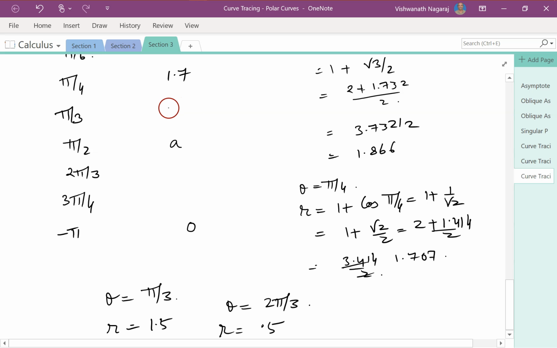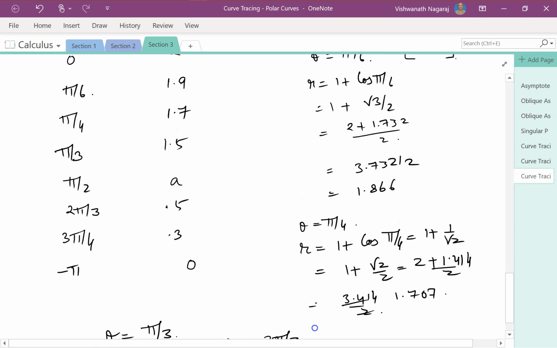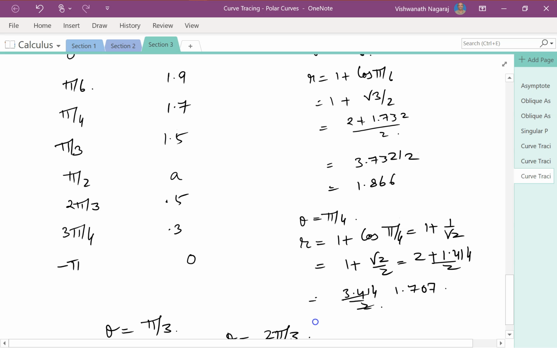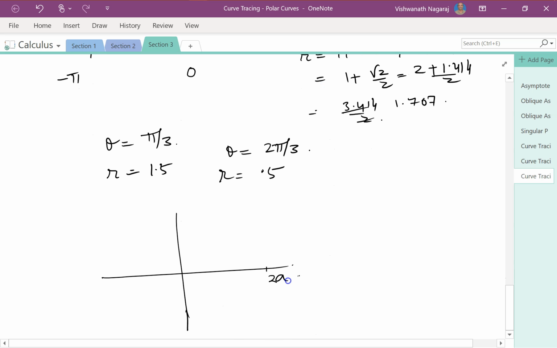So pi by 3 is 1.5, 2 pi by 3 is 0.5, 3 pi by 4 is 0.3. Okay, so we have got some more points and we can plot them. Let's plot them. Let's say this is 1a, this is 2a, and here what we are going to do is mark pi by 6, pi by 4, pi by 3, pi by 2, right? So when it is pi by 6, now remember,